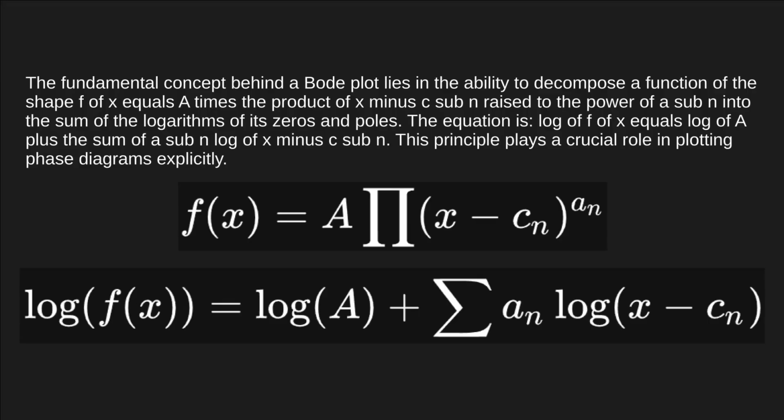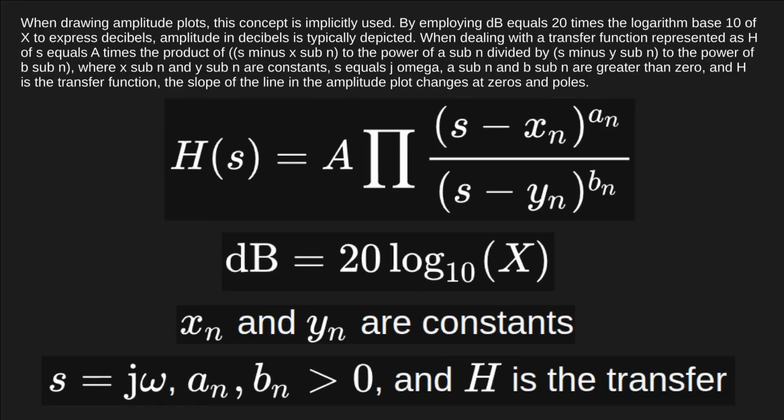The equation is log of f of x equals log of a plus the sum of a sub n, log of x minus c sub n. This principle plays a crucial role in plotting phase diagrams explicitly. When drawing amplitude plots, this concept is implicitly used. By employing dB equals 20 times the logarithm base 10 of x to express decibels, amplitude in decibels is typically